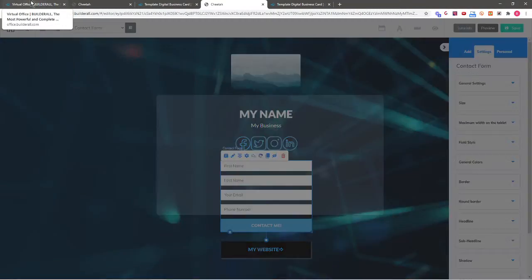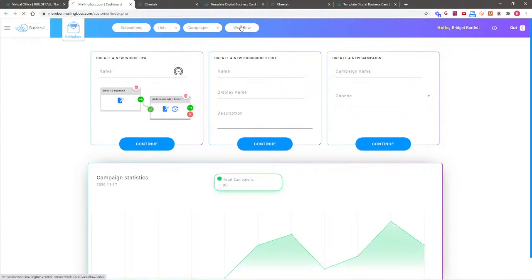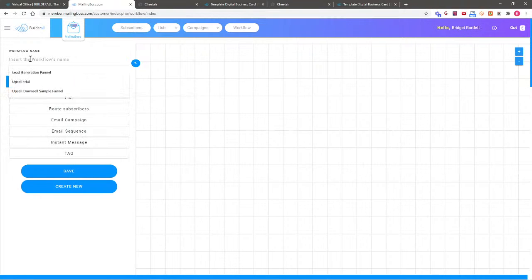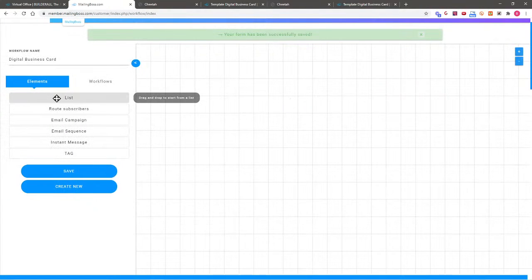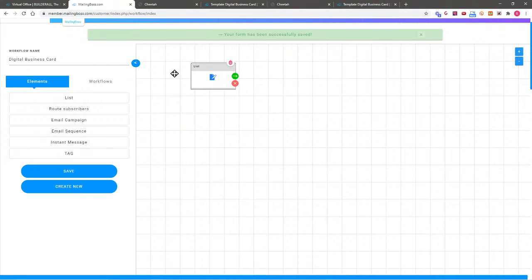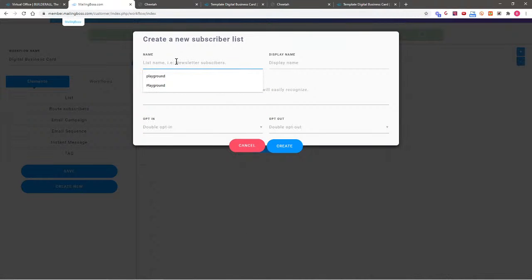And now let's actually dip into Mailing Boss and let's create a list for these funnels here. So let's go into Mailing Boss. And we're going to go to workflow. And let's name our workflow. We'll just call it digital business card. And let's save. And then let's go ahead and drag our little list box over here. And let's click here. And you see we can either choose a list that we already have created or create a new one. So let's call this